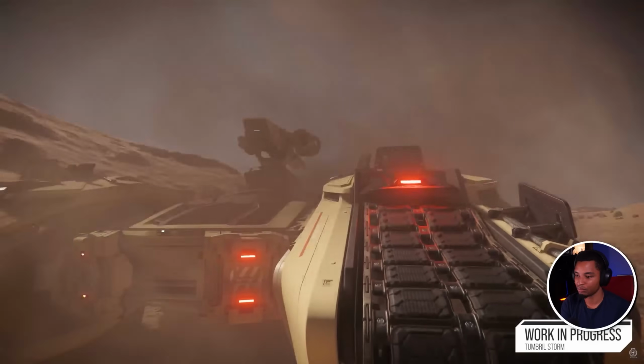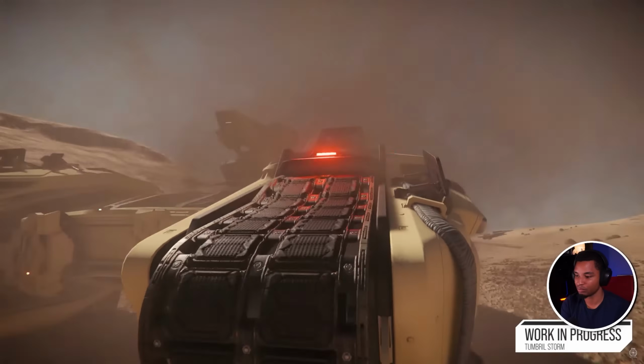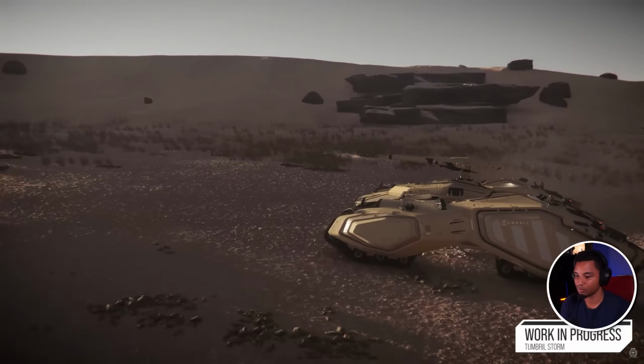The big selling point of the Tumbril visually, for me, has got to be the tracks and the track covers and those whole pods. They really help to add a feeling of dynamic movement into the vehicle. So compared to the Nova, the Storm...